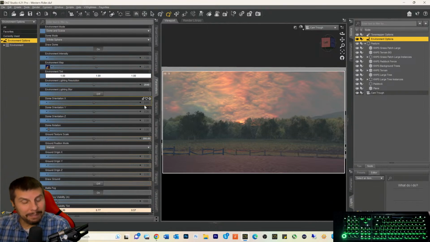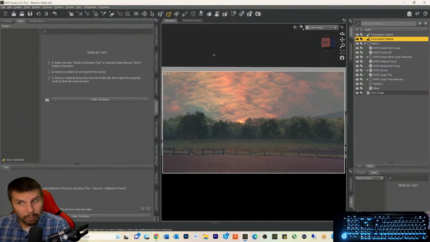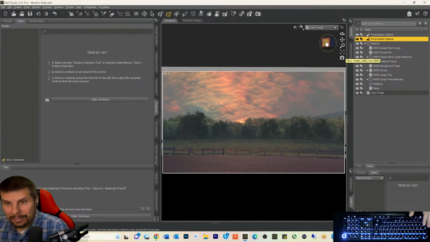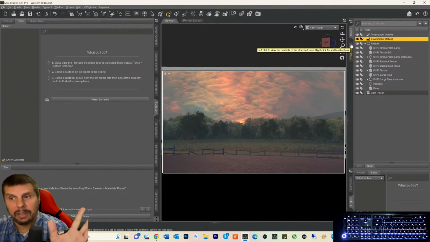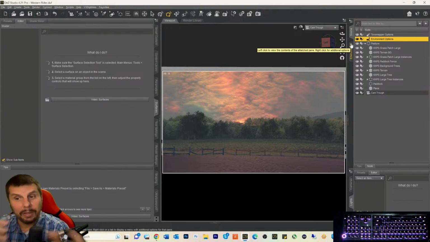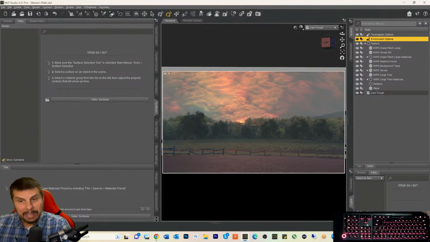That's all you have for this HDRI environment. But if you put this on a surface, you have all of those uber parameters to apply to your sky. So this is an amazing thing right here. Now, if you think about this, what we have here is an HDRI within an HDRI, because what's happening is